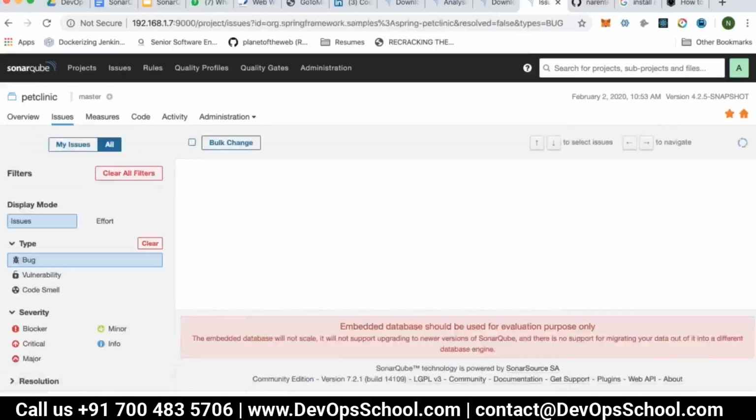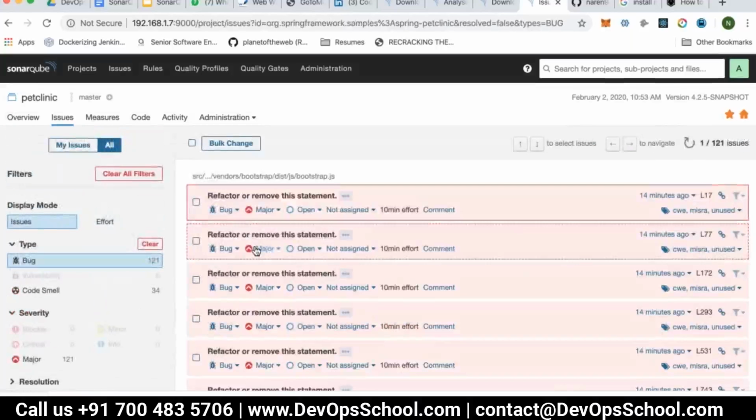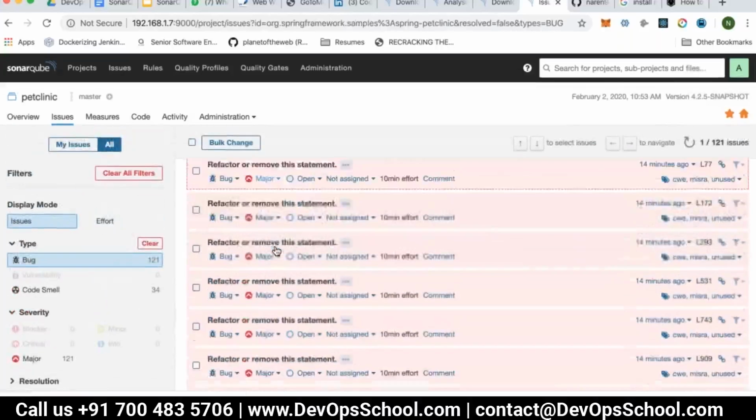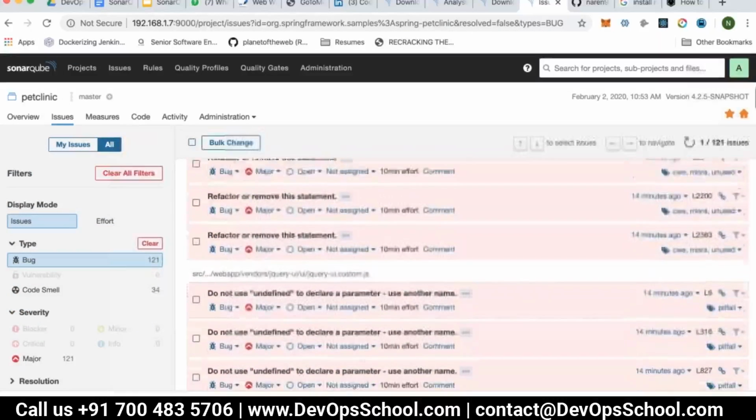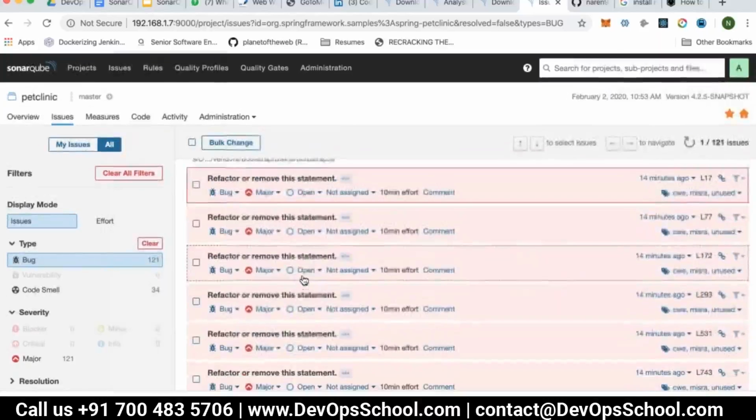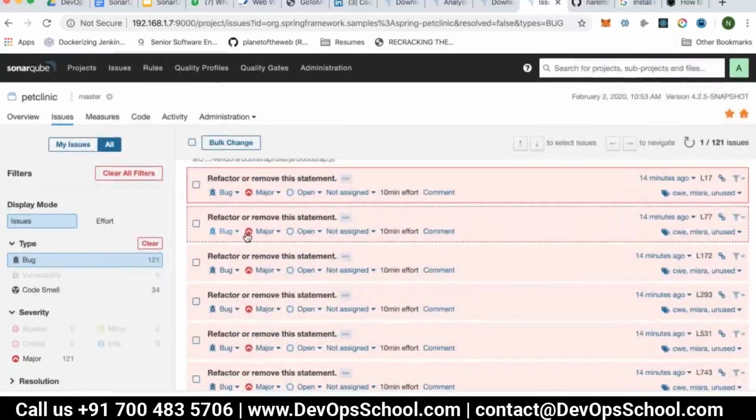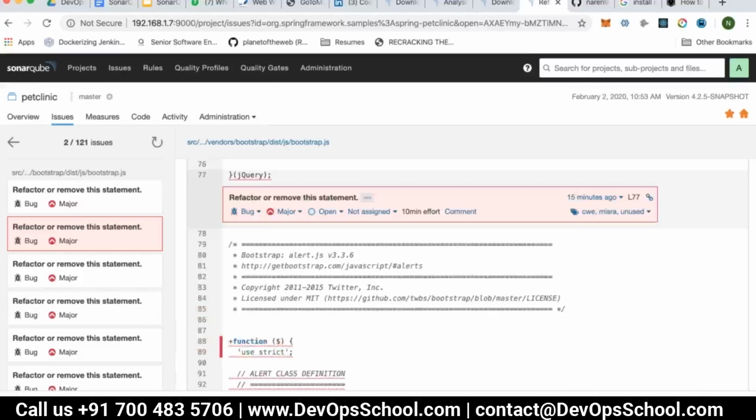Now let's go to this bug section. Under the bug section, almost all the bugs are in a similar manner. See this, this file is similar. It is a bug, a severity type of major. The issue is open and it is not assigned to anyone. The time it takes is 10 minutes. Okay, and it is related to CWE MISRA unused. What kind of bugs has this been categorized into? It has been CWE MISRA unused. These are some kind of grouping names. This issue or this bug will